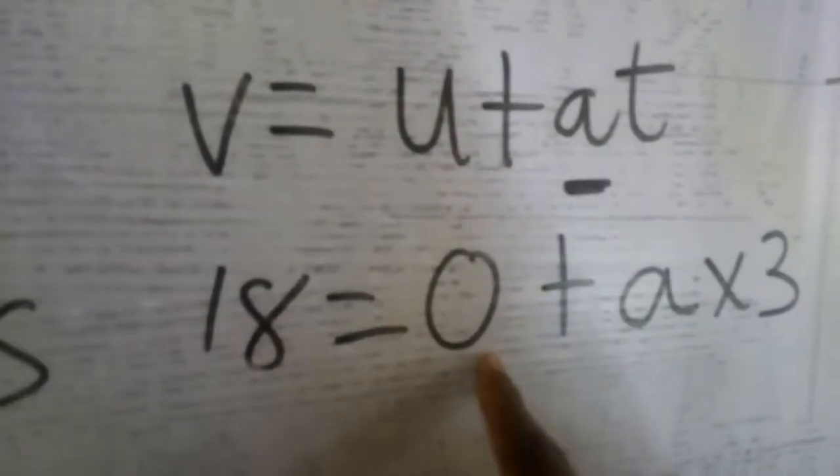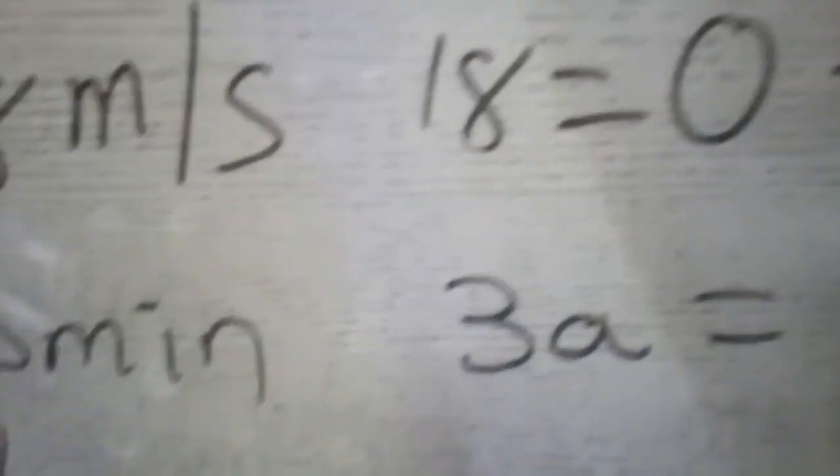So we have 0 here. So 3 times a is 3a. So 3 acceleration equals 18. Then you divide both sides by 3. Then what do you have? 3 cancels out 3 here. Then 18 over 3 is 6. So that means acceleration equals 6